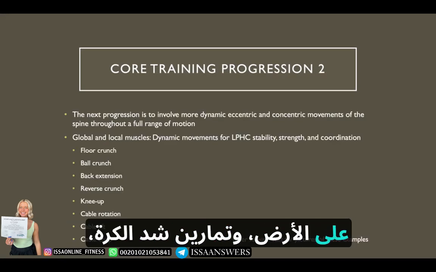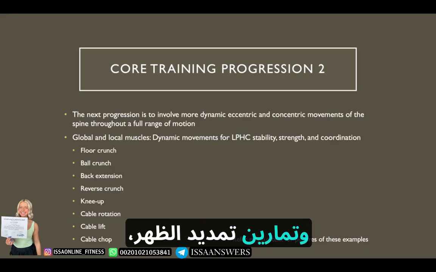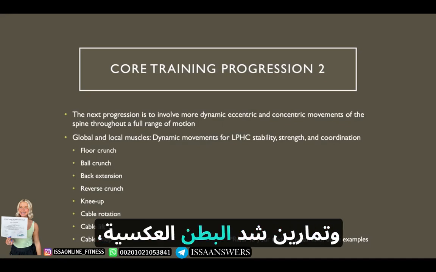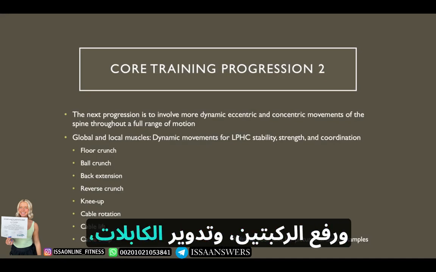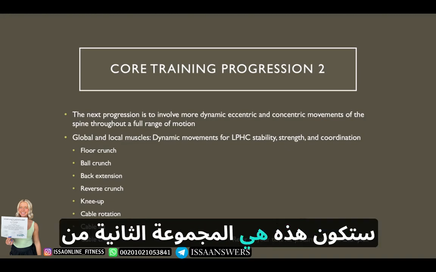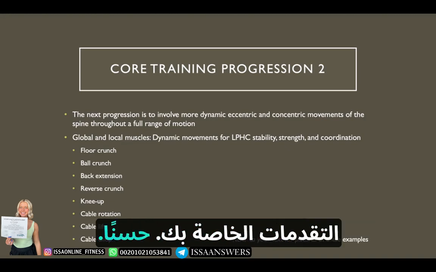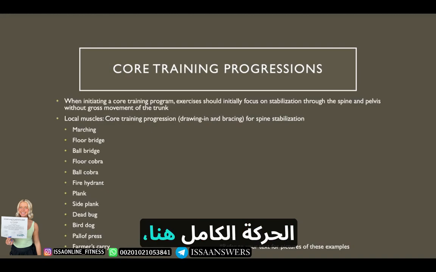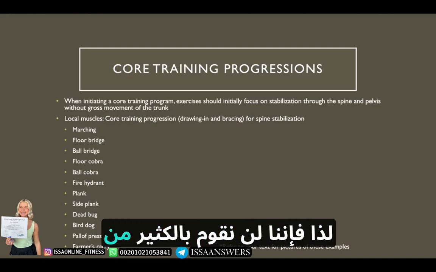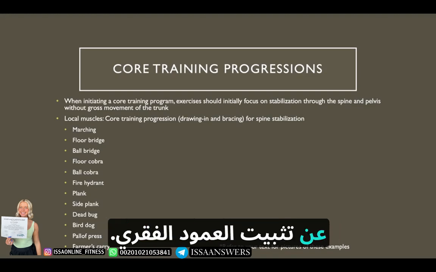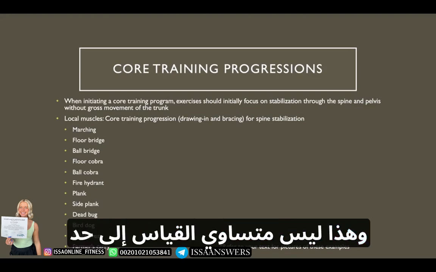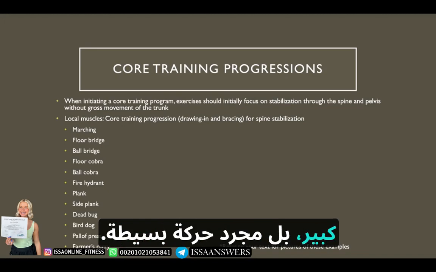You're talking about floor crunches, ball crunches, back extensions, reverse crunches, knee ups, cable rotations, lifts, and chops. Okay, those would be your second set of progressions. All right, moving through full range of motion. Here, we're more worried about stabilization, so we're not going to be doing a lot of movement. We're talking more about stabilization of the spine, and it's not so much that it's isometric, but just minimal